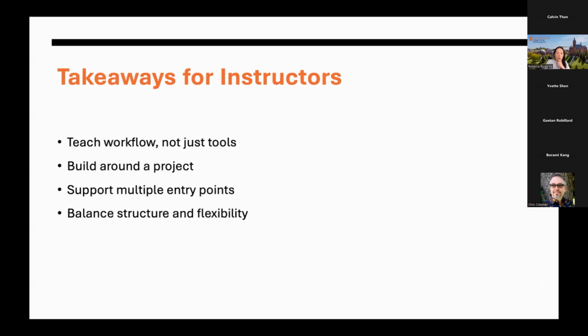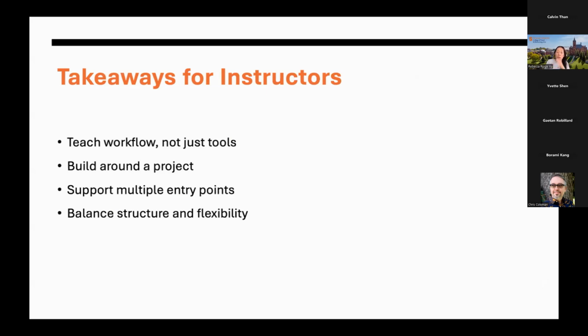All right. The takeaway for instructors, if I summarize this, would be these four points. Teach the workflow of working with AI tools, not just the tools. Build around a project. Try to support multiple entry points, depending on the student project.